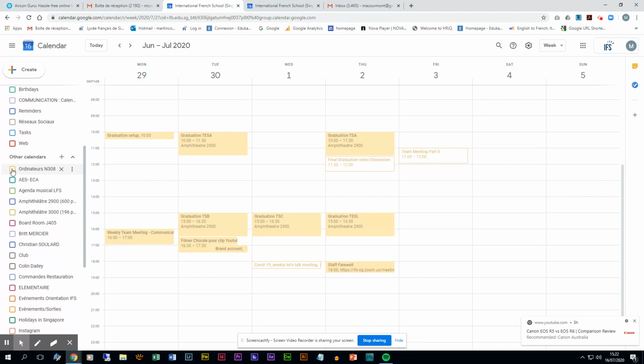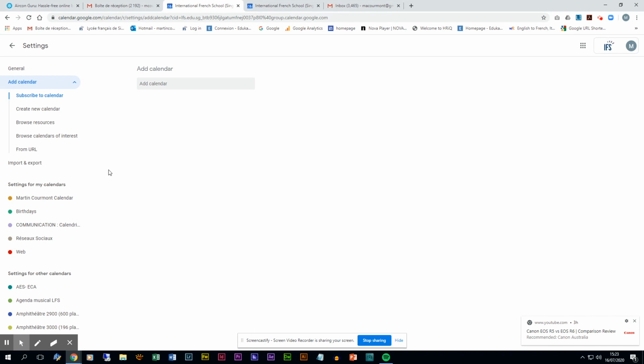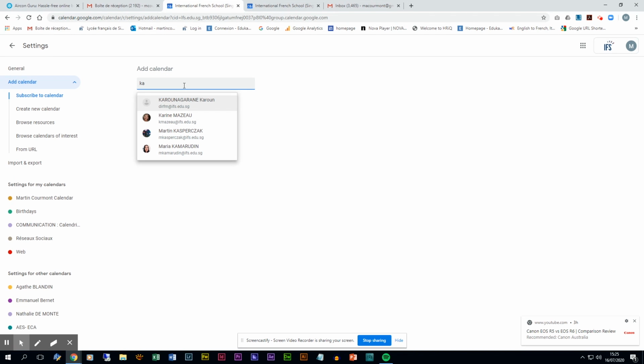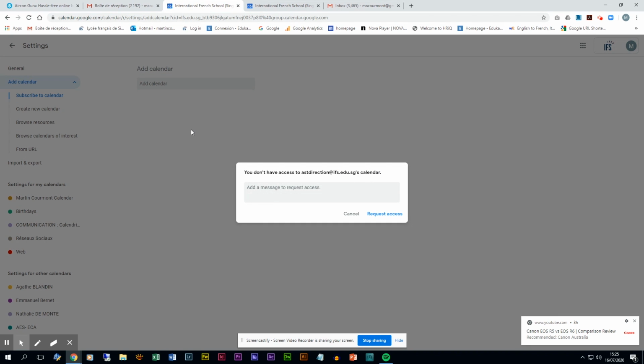If you want to subscribe to the calendar of a colleague, just click on this cross. Click on Subscribe to Calendar. Then this page will appear and ask you to enter an email address. When you did it, Google will ask you if you want to send a request to this contact.